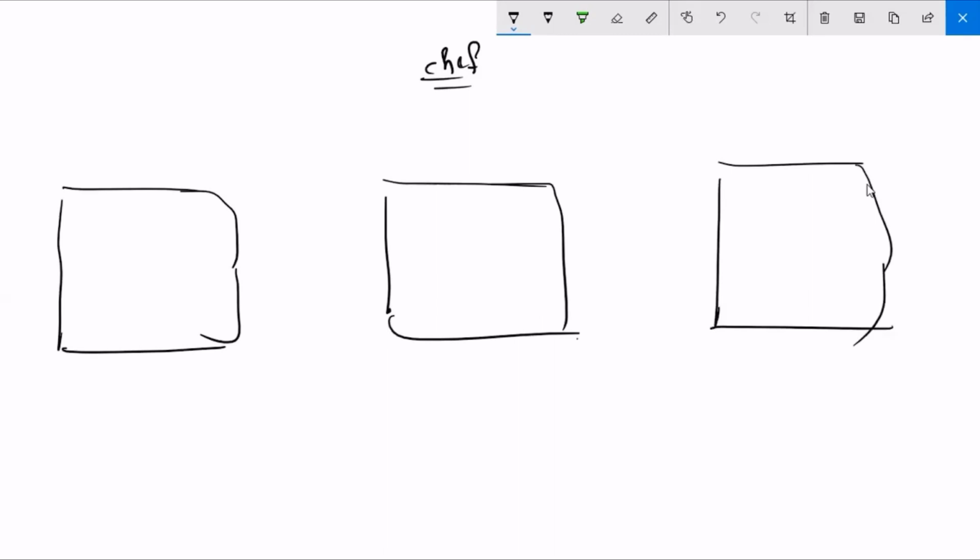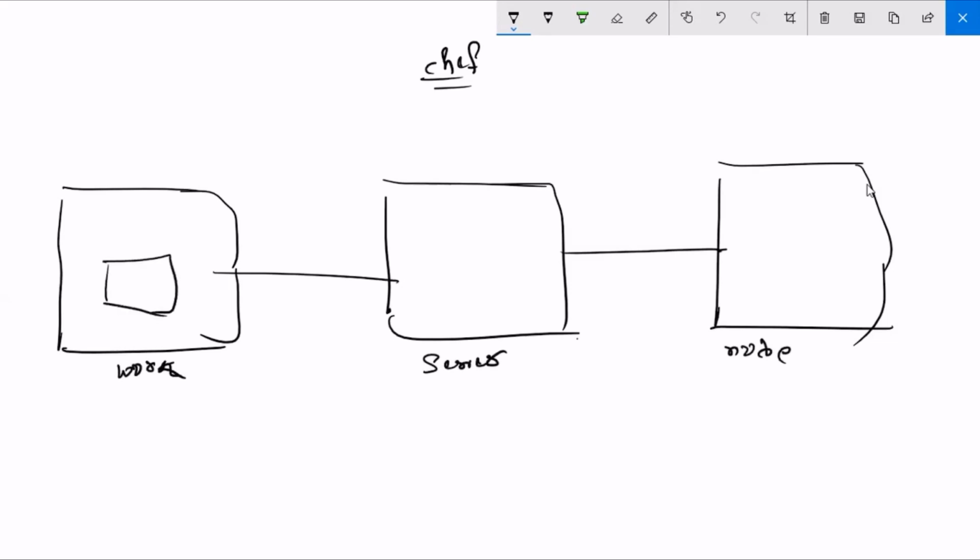And you know how to establish connection between workstation and server. And we have connected server to node as well. That's what we call Bootstrap. And you know how to write the cookbooks. You know how to upload cookbooks.